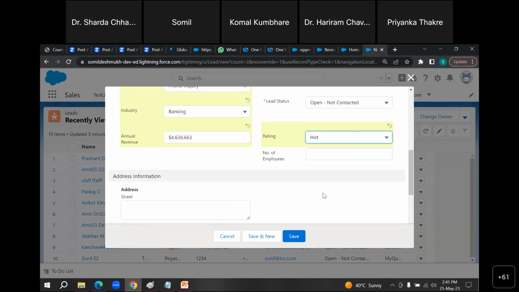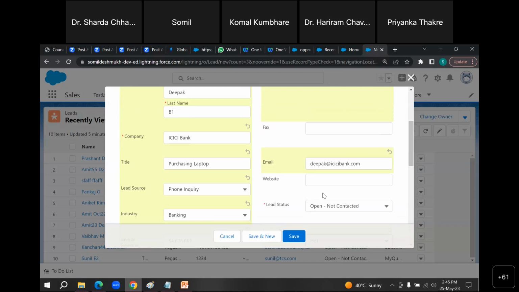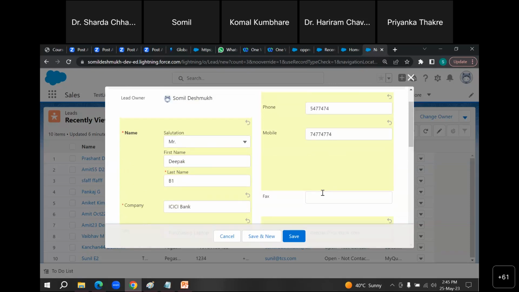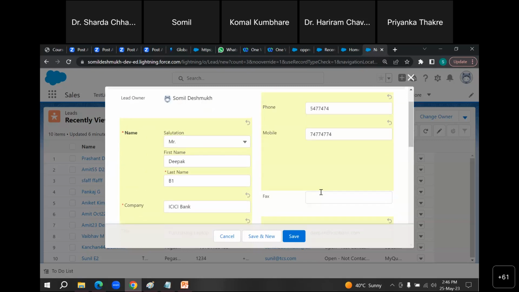Okay. So this is the basic information. Other information is also there, but that is not mandatory. So this is the basic information in which we are adding customer name, means the person who has contacted you, as well as I am adding a company name, to which company that person represents. Okay. So this is the information that we are putting on leads. Any question on this part? Lead page. Lead information. Any question?